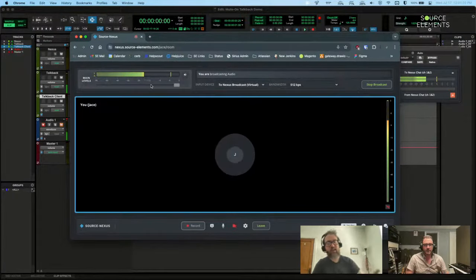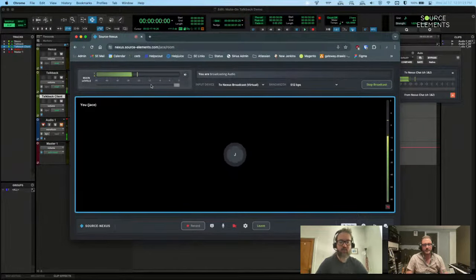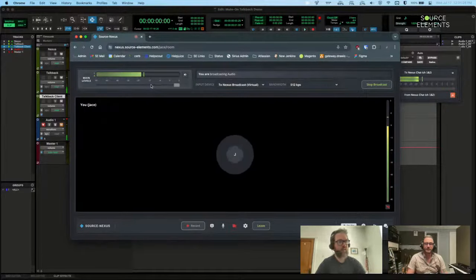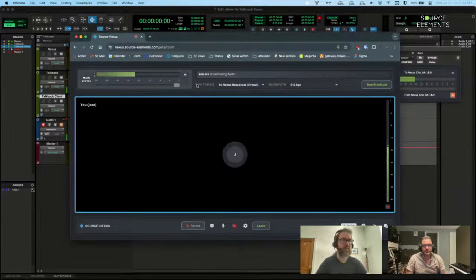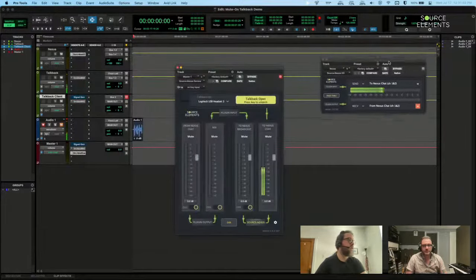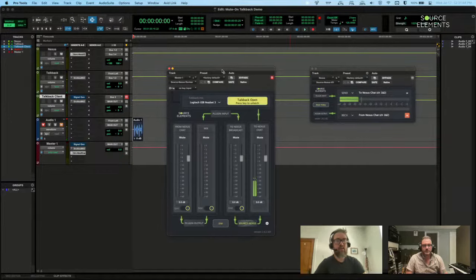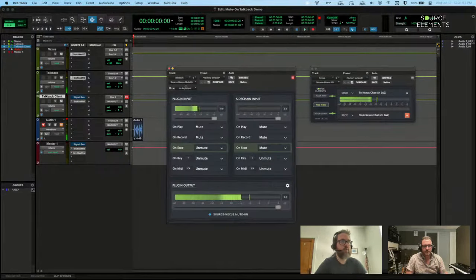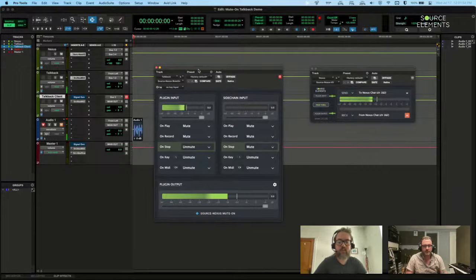Now the audio broadcast is only in the subscription version of Source-Nexus Suite. So the free Source-Nexus Gateway doesn't have that feature, so that is a good reason to subscribe. And subscribing to Source-Nexus Suite gives you all the other tools to go along with it too. So you get the Source-Nexus IO plugin, which I have right here. You get the Source-Nexus Review plugin. You'll get the Source-Nexus Mute-On plugin very soon once that's released, and there's the Source-Nexus Router application, which I'm running